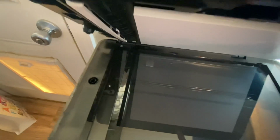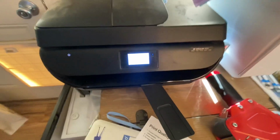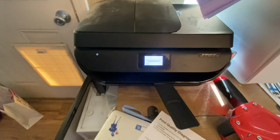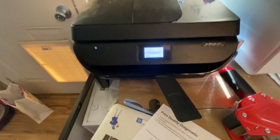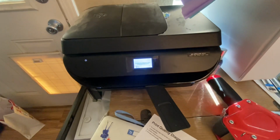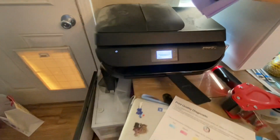Oh, geez. Okay, here we go. Yep. Paper's in there. Okay. Scanning the document. So, yeah. Fill it the way I showed you, and you guys shouldn't have a problem. There's always the potential that something will go wrong. You know, let me go back to my... Oh, yeah. So,